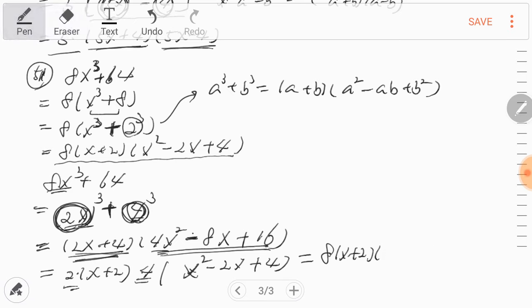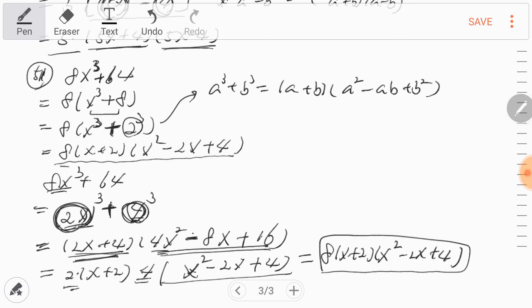Okay, so write down this parenthesis, x squared minus 2x plus 4. So finally, we have the same answer as this. Same answer. So if there is a common factor, then factor out first. So it's much easier. Otherwise, it takes more time and more steps if we didn't factor out